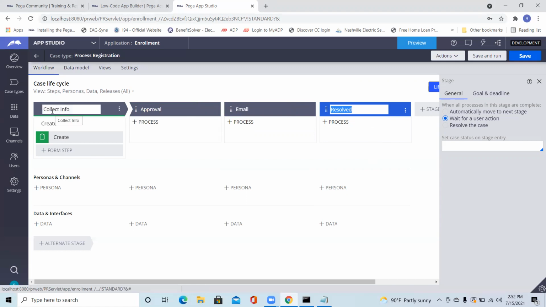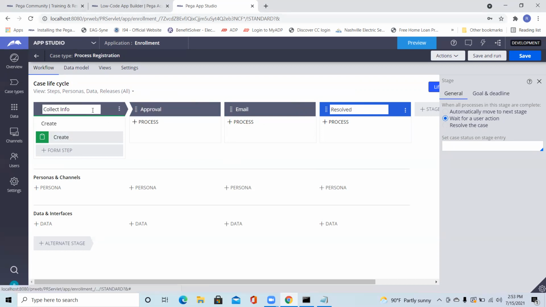For example, if I go to my inventory, say the bookstore one, here we will have collect or enter details, book information and all those things, quantity. We will define those things. So this will be user info, collect info. Then it will go for inventory, then for shipment. What are the processes we are going to do for completion? These are just stages we are defining. We are not defining the flow, we are defining the stages right now.